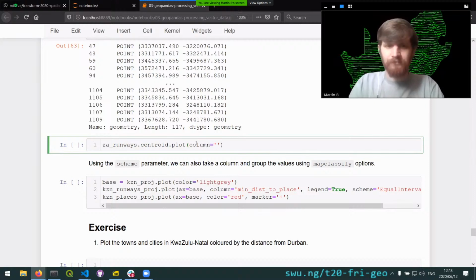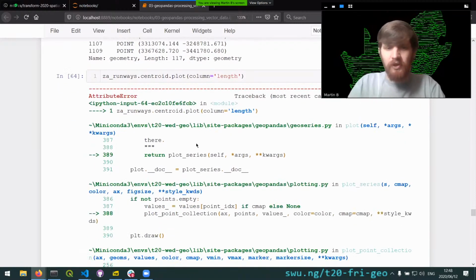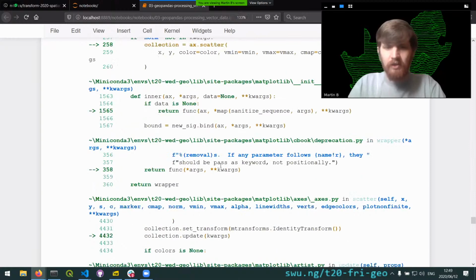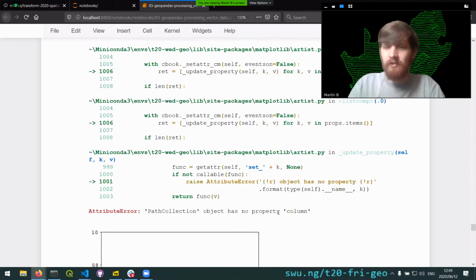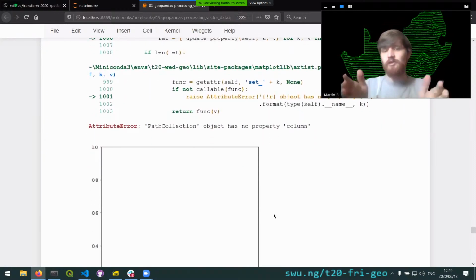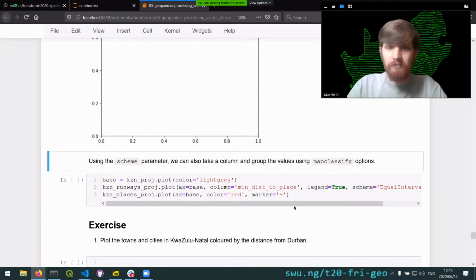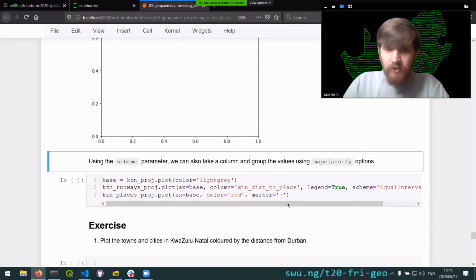So, let's just give it a go. In the spirit of mistaking, let's see if that works. Okay, so you can see that this doesn't work, and maybe I did try it, but you can see that the path collection property has no property column. It doesn't pass the column through from the centroids. So if you're wanting to plot centroids specifically, you're going to need to make a new object which has them as centroids. Okay. But now that we've changed our geometry, we can now use our normal columns and everything,